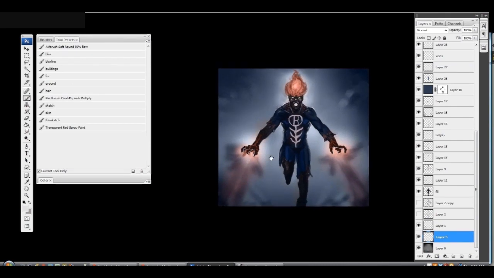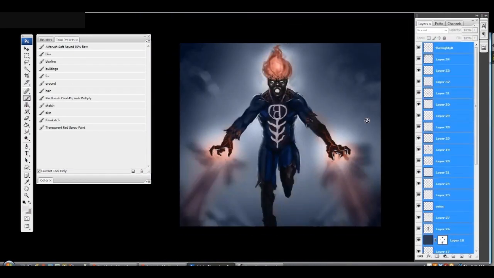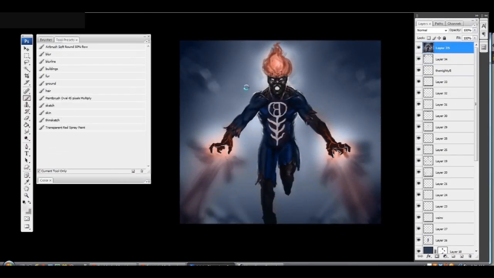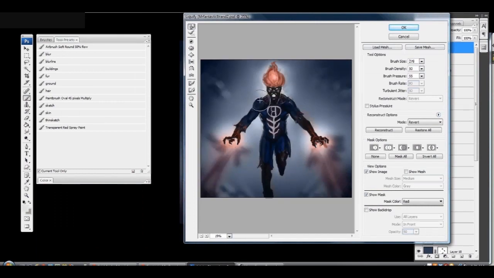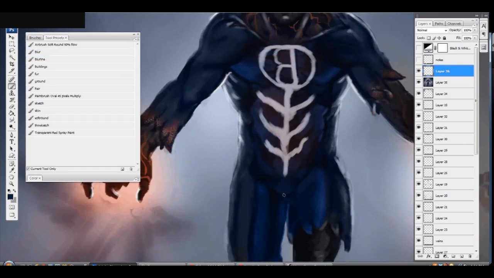Now, it's always good to flip your image. You get fresh eyes when you do it, and you can see what's wrong with your image. It's kind of fun too, because you spot a lot of things that are wrong. It's really good to keep doing this early on inside your paintings, just because I remember a time I was an hour or so into the image, and I was like, yeah, this is awesome, and I'm looking at the image,